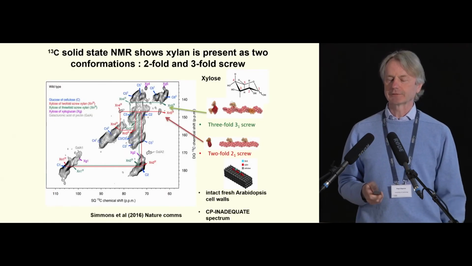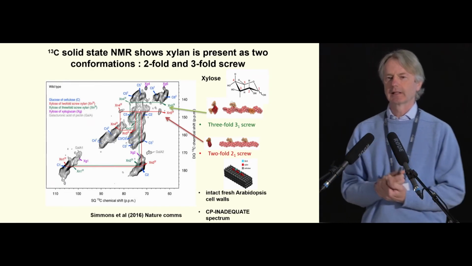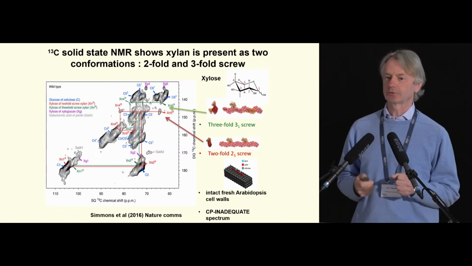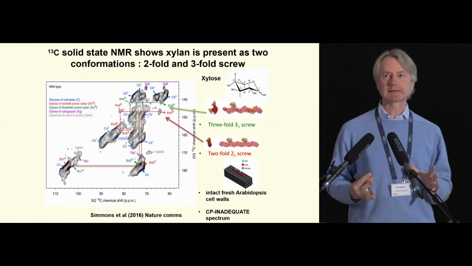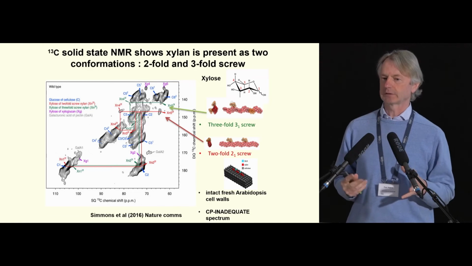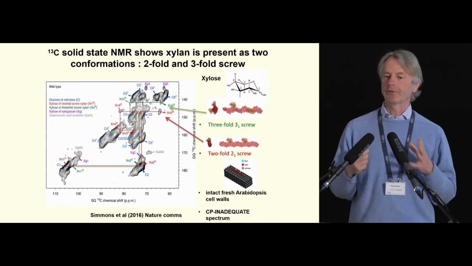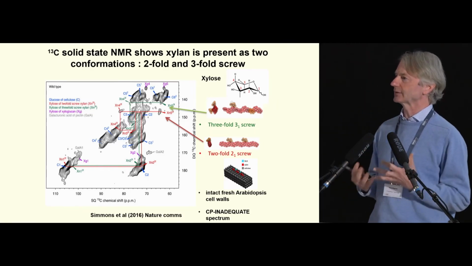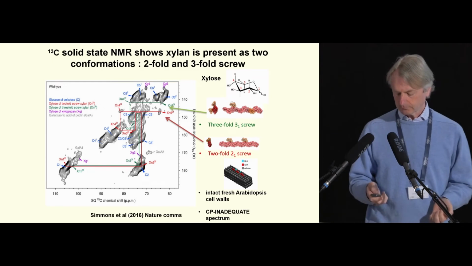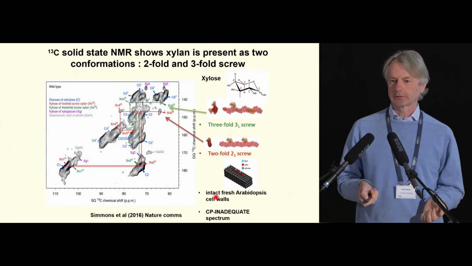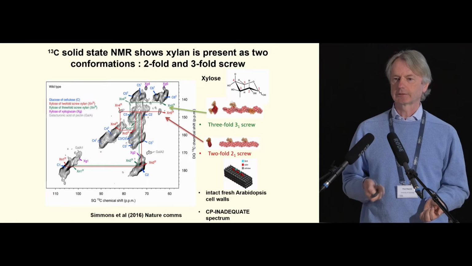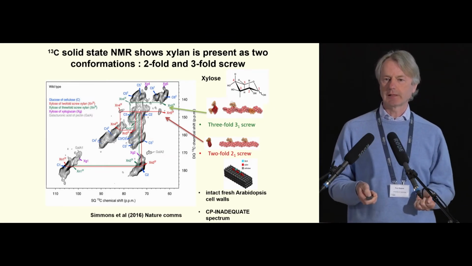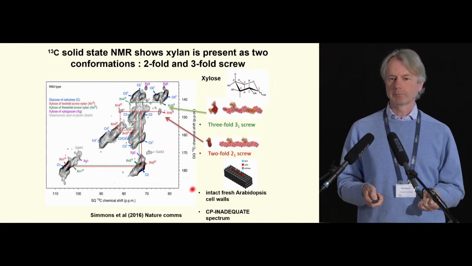So what about some evidence for that? We turn to solid-state NMR to do this. We grow our plants in a 13CO2 atmosphere, and we take the fresh stems, no drying of the material at all, no preparation, and those stems are put into the rotor for the solid-state NMR. So we're looking at the arrangements in the natural material. This is a CP INADEQUATE spectrum, where the main peaks we see are cellulose, and those are labeled with blue carbon numbers, such as carbon